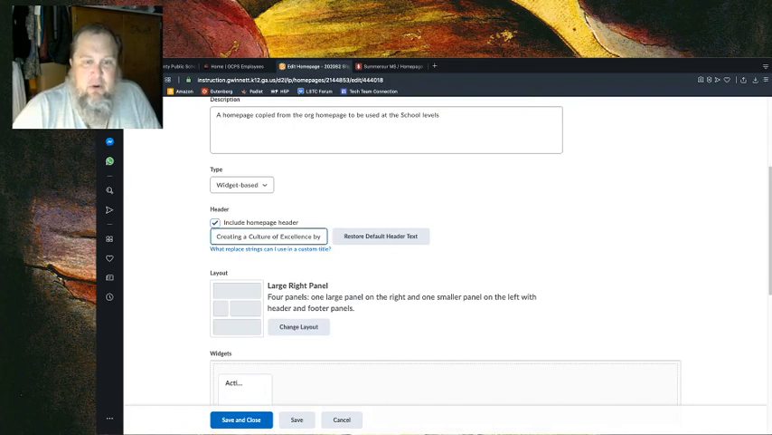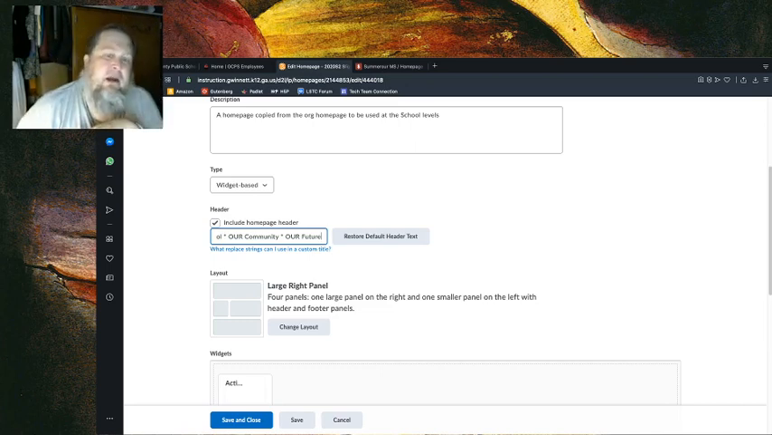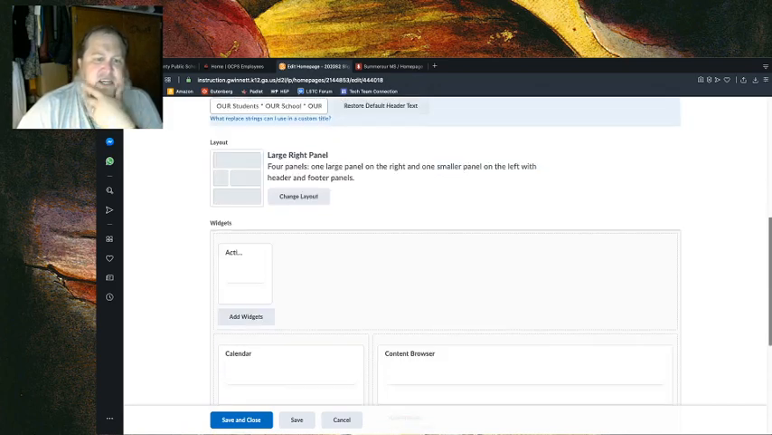There is that old slogan. So I'm going to Control A to select all and Control V to paste our new one, which is our students, our school, our community, our future. I'm going to get that in there, but I'm not going to hit save just yet, because I'm going